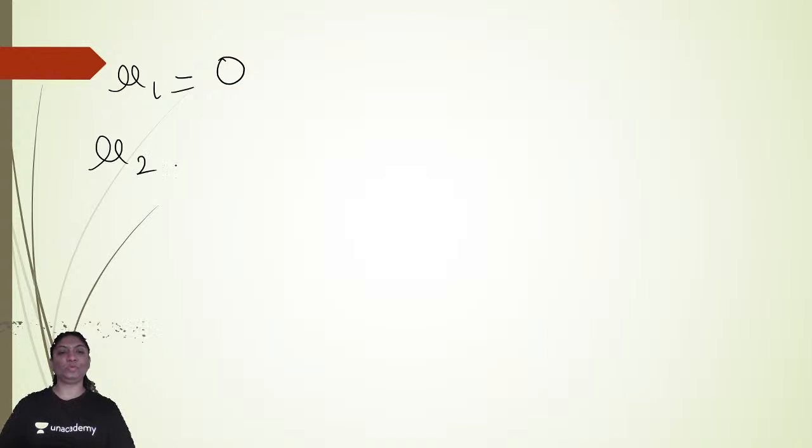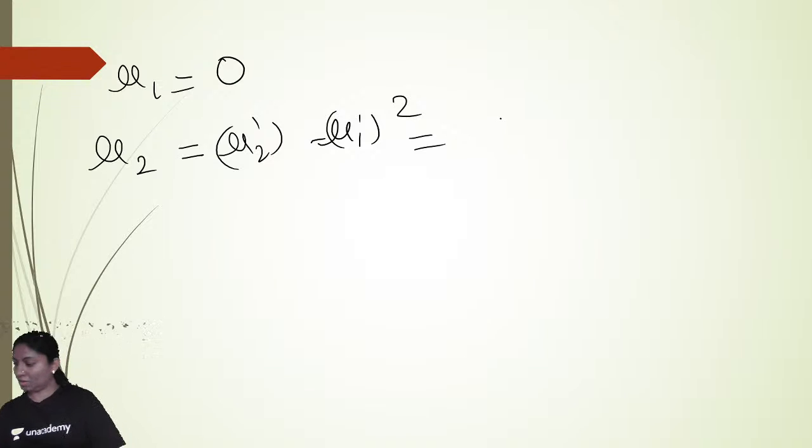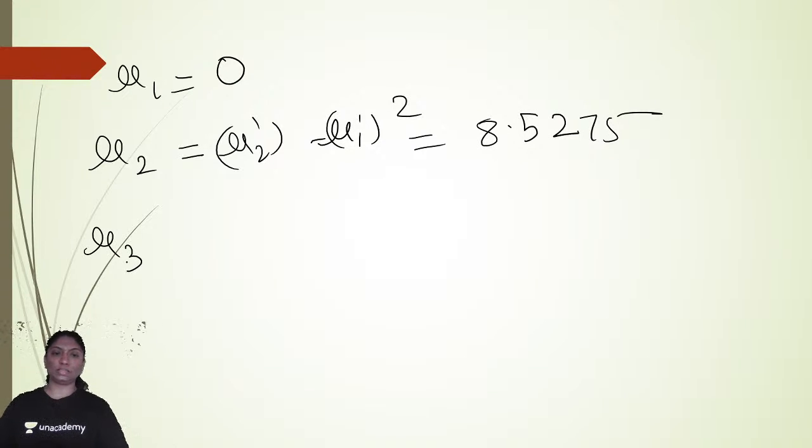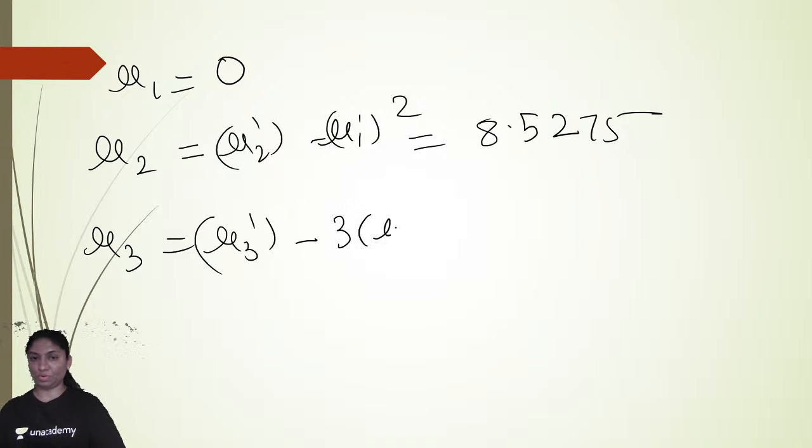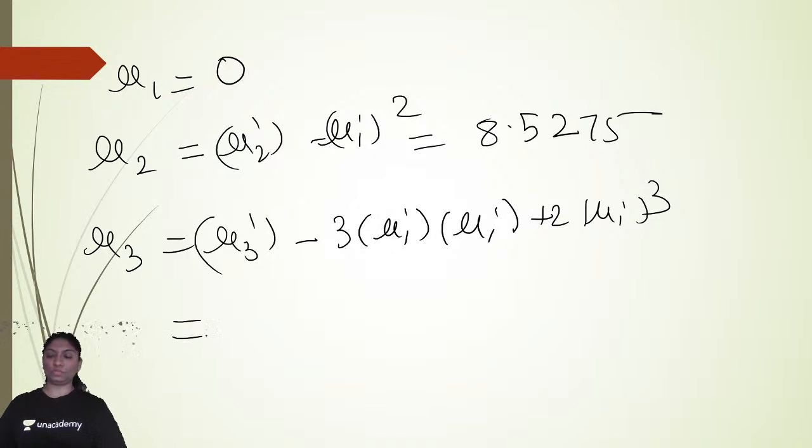So by using this, you can calculate mu1, and now I am writing the values directly here. Mu1 is equal to this. Mu2 is equal to mu2 dash minus mu1 dash square, which is equal to 8.73 minus 0.45 bracket square, which is equal to 8.5275. Now mu3 is equal to mu3 dash minus 3 times mu2 dash into mu1 dash plus 2 times mu1 dash cube. Okay, so which is equal to